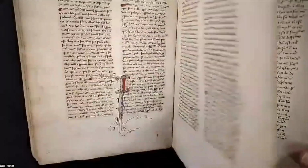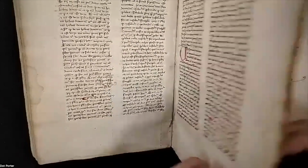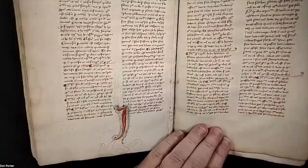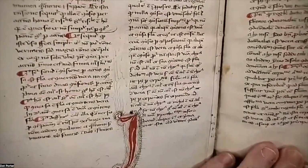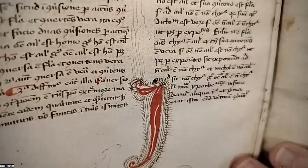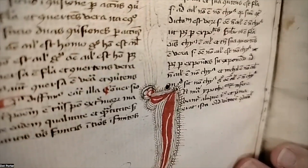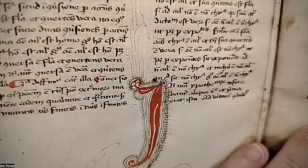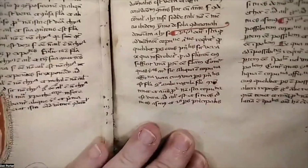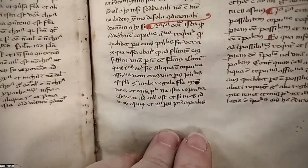There is a little hole that goes through several leaves where we've had a worm, a single worm. This is a wormhole. You can see it there, right above the I. So sometimes you see a whole lot of them. Oh, you can see it even better over on this side. That's where it's gone through. So it just came in and chewed right through